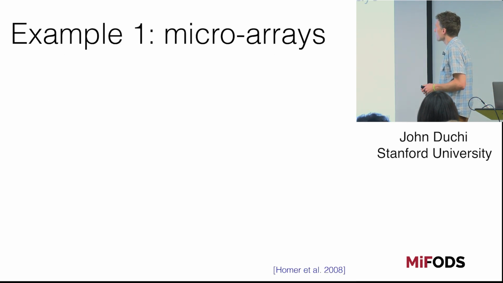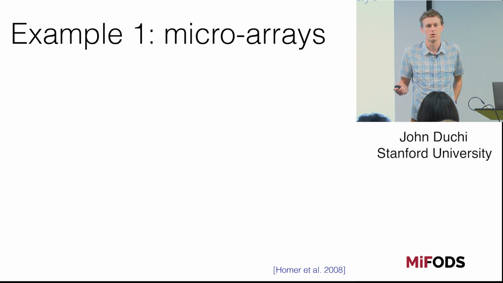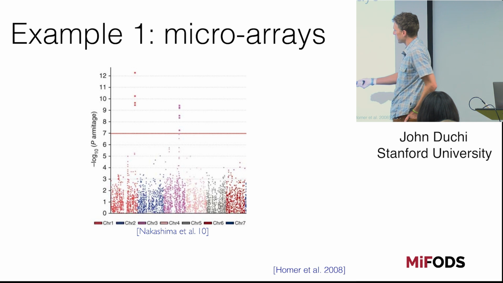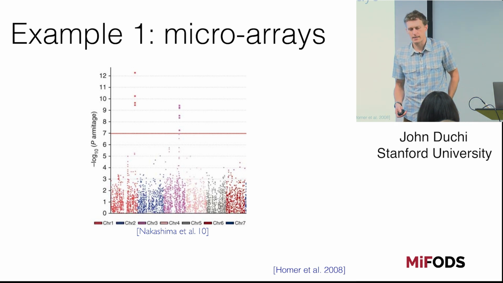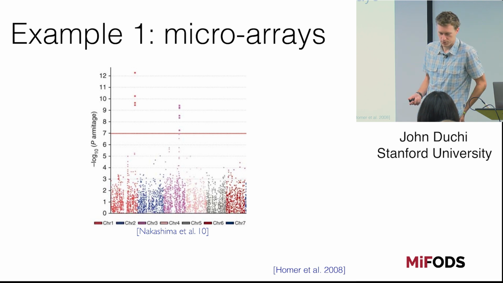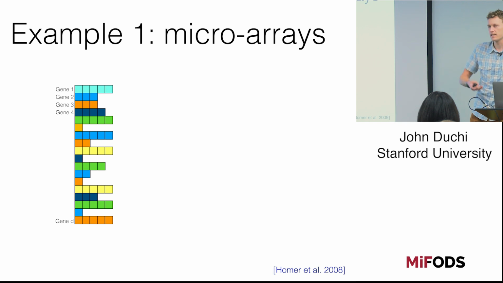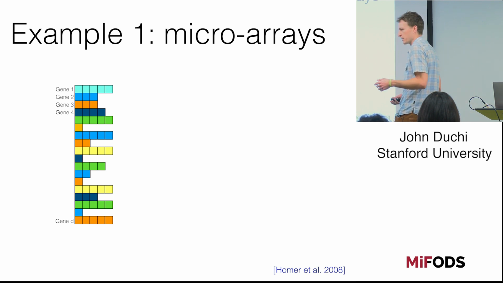So let me motivate a little bit why we might care about privacy. Example one comes from biological applications with microarray data. What is a microarray? It's basically a collection of expression levels for a bunch of different genes. Suppose I collect microarrays from a bunch of different people, and then I hand out a histogram of the number of times different genes were expressed, or just the mean expression levels of the different genes. Then you think, well, that should be reasonably safe.